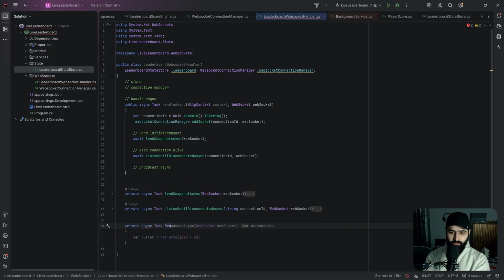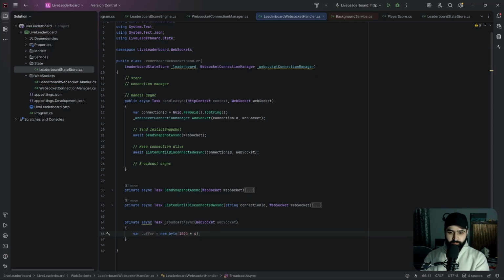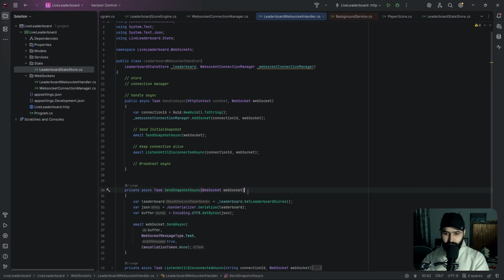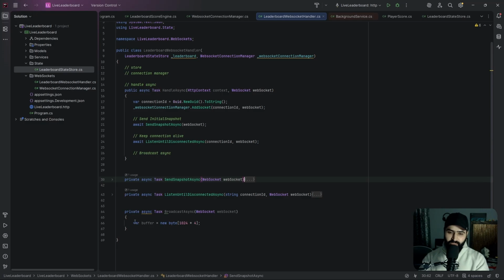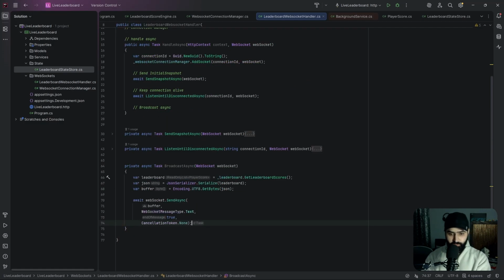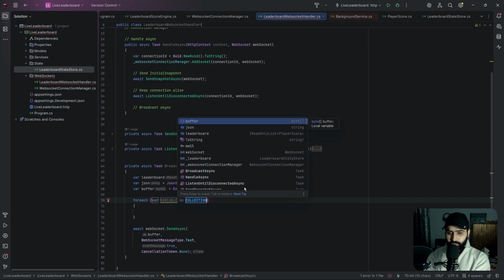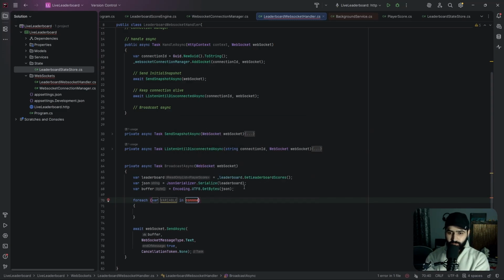असिंक टास्क ब्रॉडकास्ट असिंक। ये हमारा लेगा एक वेब सॉकेट। मैं बताता हूँ, इसमें आपको कुछ नहीं करना, जो आपने एक यूज़र को भेजा है पहले तो इसी को ही ले लेते हैं हम। ठीक है, ऑल दो ड्राई नहीं करना है, बट ठीक है अभी के लिए जस्ट पहले समझ लेते हैं है क्या। एक के लिए ये चल रहा था, अब मैं यहाँ पे एक फॉर ईच लूप लगाता हूँ। कलेक्शन क्या है मेरा? कनेक्शन मैनेजर। यहाँ पे मैंने कनेक्शन मैनेजर लिया था, इसमें मेरे पास एक मेथड था गेट ऑल सॉकेट्स।